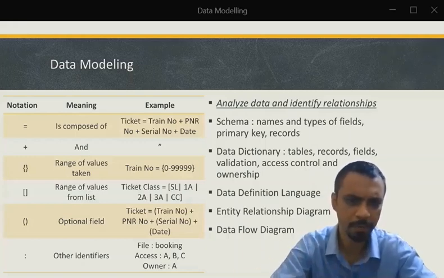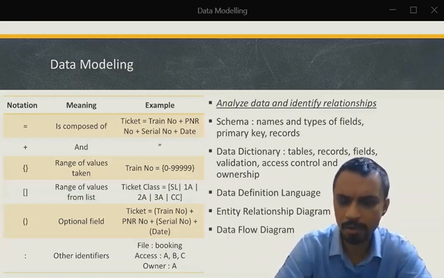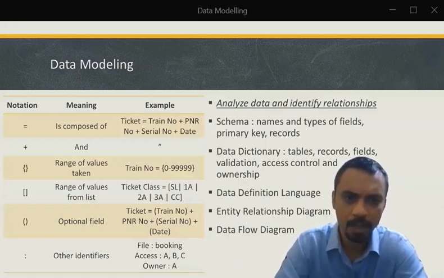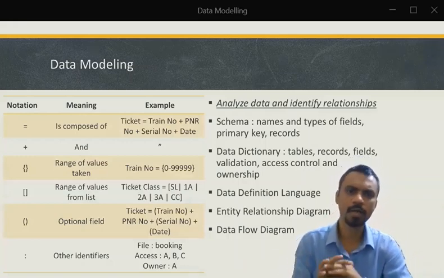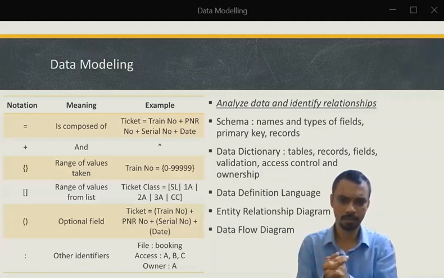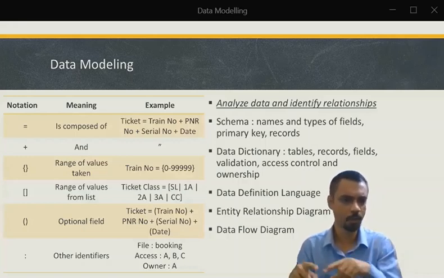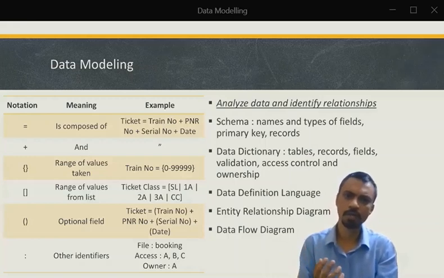Just to give you an idea, I'm also creating a small exercise on Moodle which I would like you to take, to see whether you have understood this correctly. This is broadly all I wanted to cover as far as the overview of data modeling is concerned. In the next video, we will learn about what an entity relationship diagram is, and then I will have a subsequent video in which I will close all these concepts.